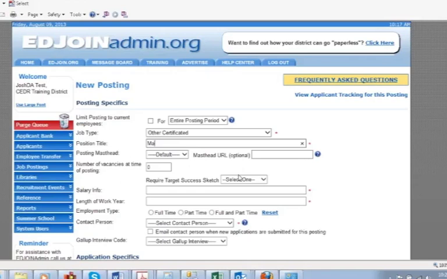Another thing to watch out for is using any sort of punctuation in the position title. If I'm looking for a math and science teacher, many districts type it this way: math/science. The problem with that is EdJoin will think that math/science is a single word. So if I search for science, EdJoin's not going to find my posting. The way to solve that is in between the slash and the S, put a space, and now science will